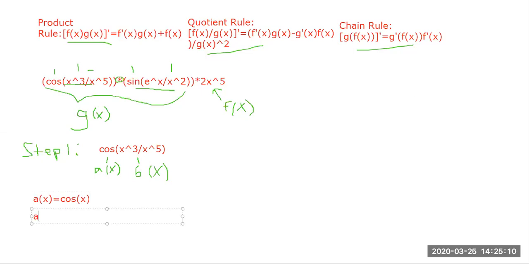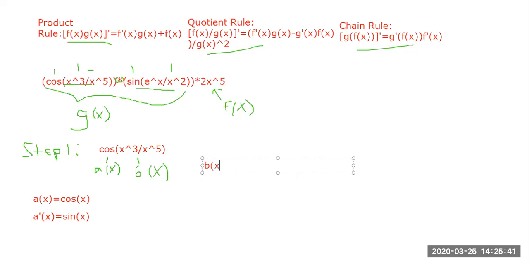For a prime of x, the derivative of cosine of x is just sine of x. Pretty simple. Now we get to the harder side. For b, over here, we got to use the quotient rule, which is defined up here on top in the middle. So the quotient rule, well, first of all, we got